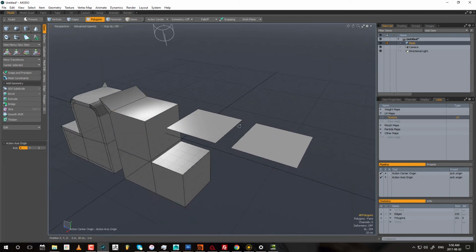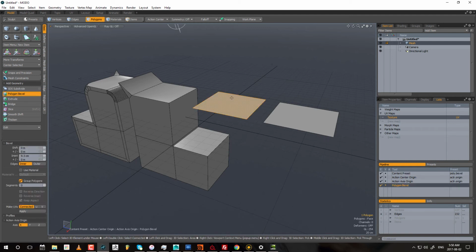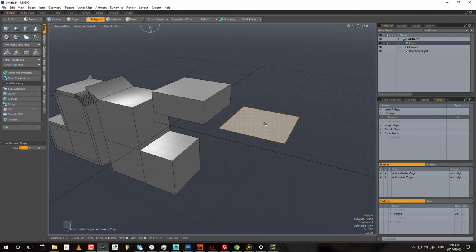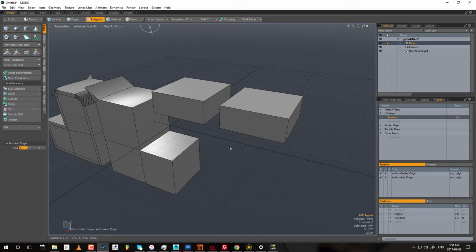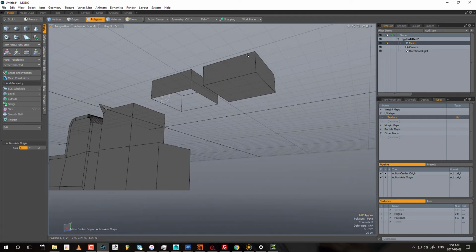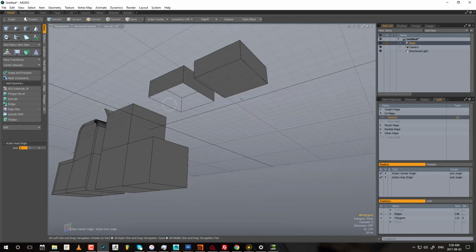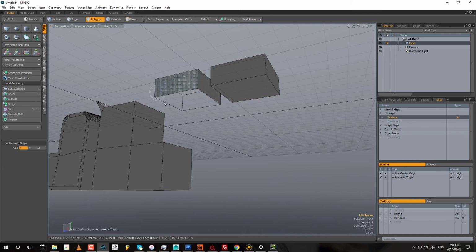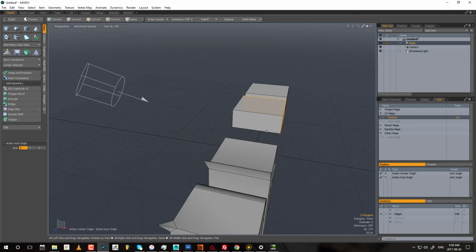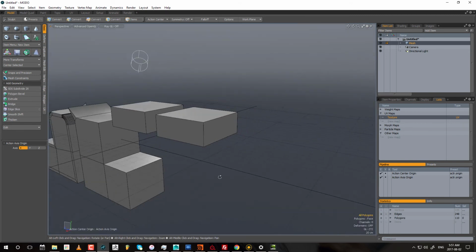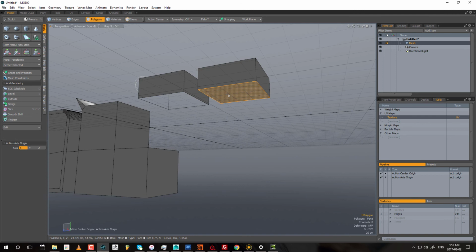Now the other difference between the extrusion and bevel is if I was to take a single polygon and bevel out, and then do an extrusion and extrude out, and let me just get rid of the segments here, you'll notice one thing right away, and that is when I selected after I extruded out the polygon, there were 2 selections. There was the bottom and top poly. So right off the bat, you'll notice that the bevel is actually missing the original polygon. So it's almost as if the polygon, this one here, had been shifted upwards and the geometry around it was created. Versus the extrude, which still keeps the original geometry and